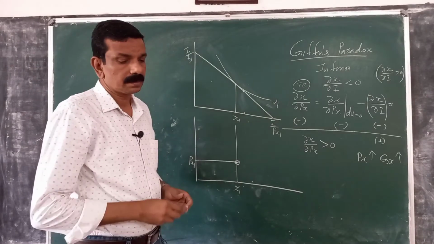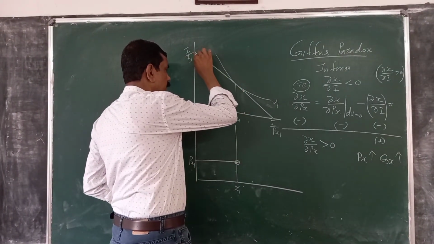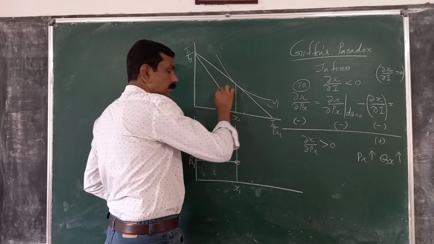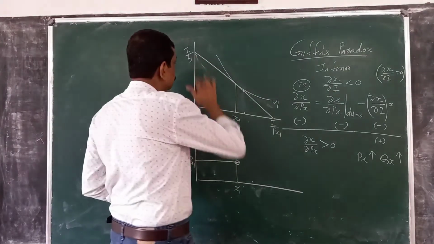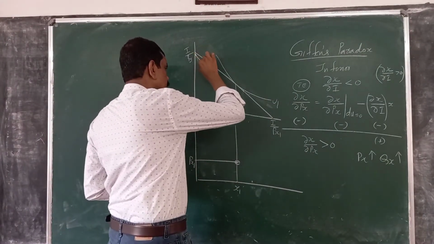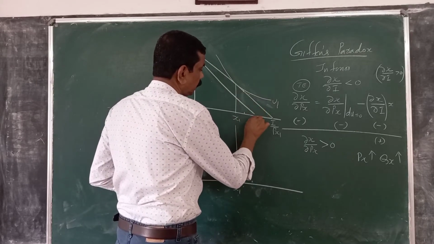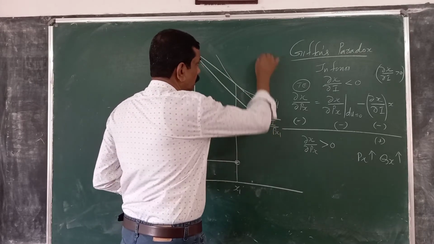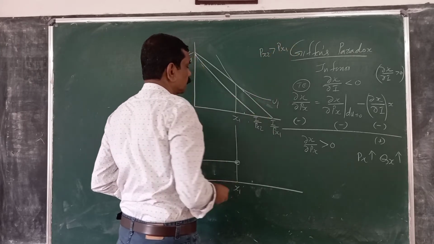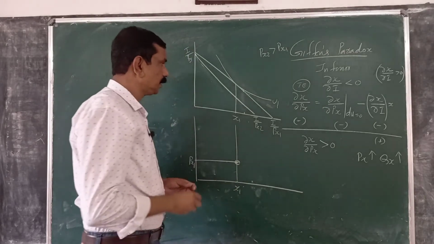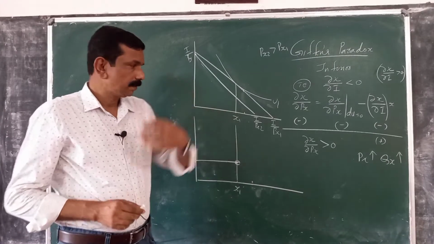Now suppose that the price of X increases to Px2, so the budget line is I by Px2, and Px2 is greater than Px1. Now, as we have discussed in the previous class,